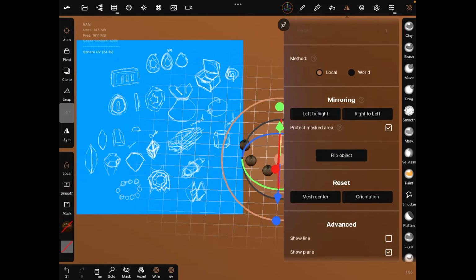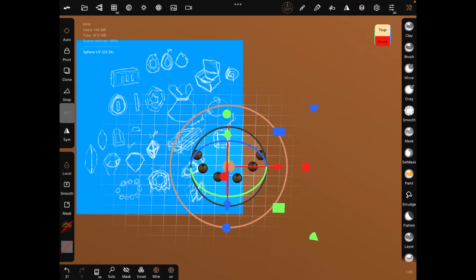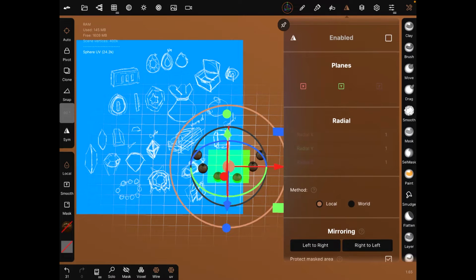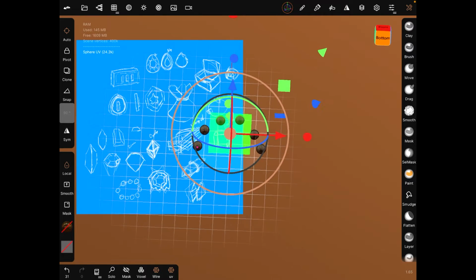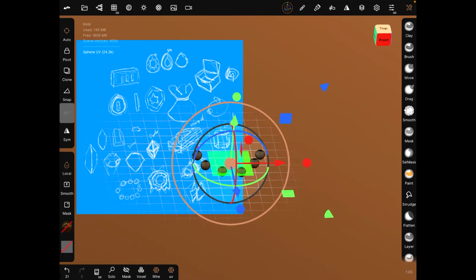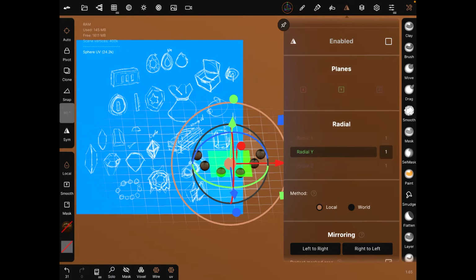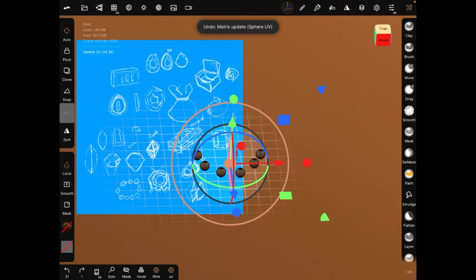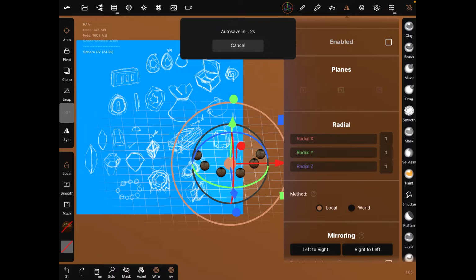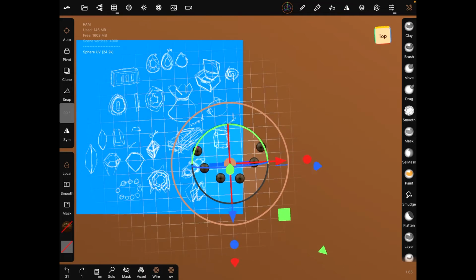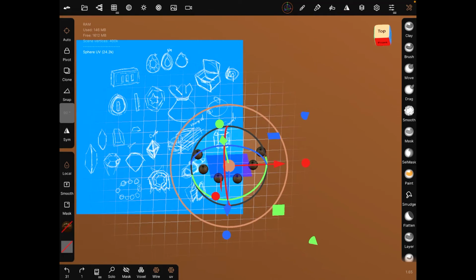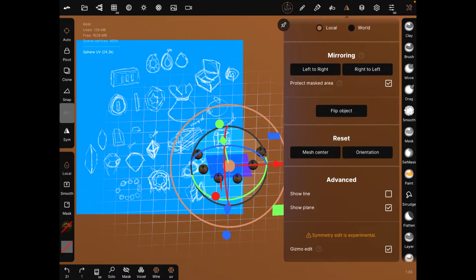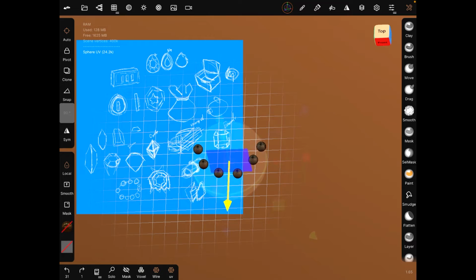Oh, make sure it's local too, I think. No, that's right. Maybe it's... All right, there it is to some extent. I think Gizmo added for the plane, so